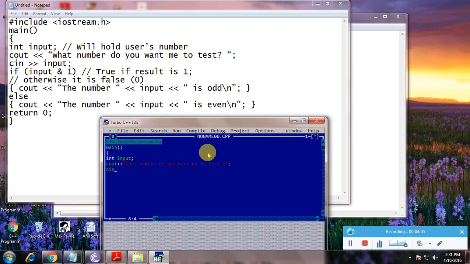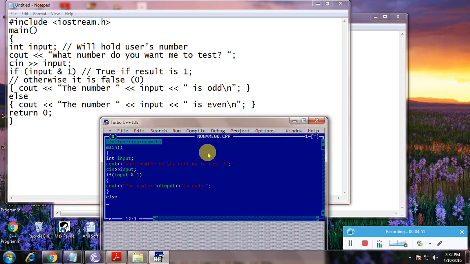Now we scan the input. If input and 1, open the brace, then cout the number input is odd, backslash n, and close this.